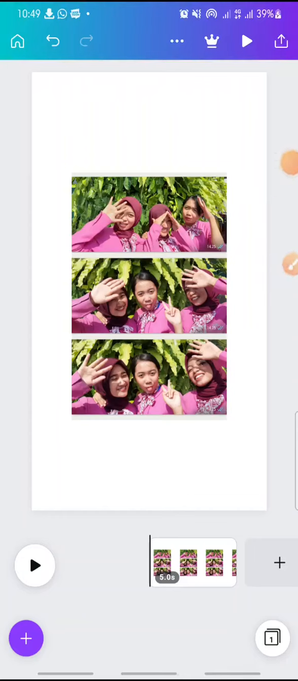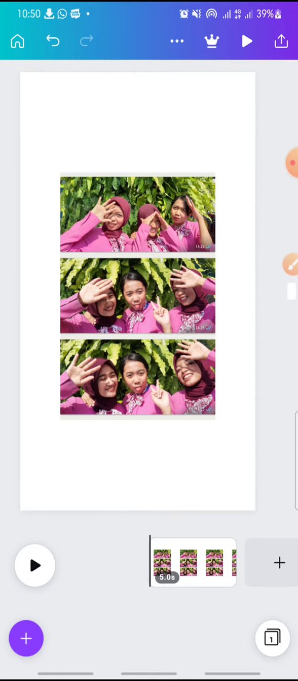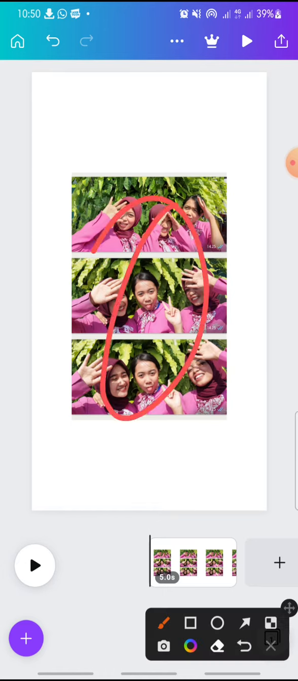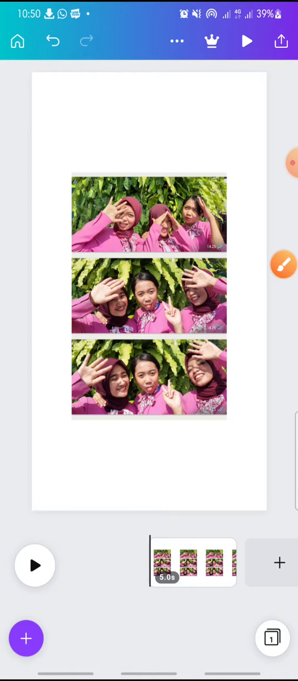In this video, I'm going to show you how to make a picture transparent on Canva apps. Now let's get started. First, after you open your Canva apps and then add the photo that you want to edit, if you want to make the photo transparent, it's so